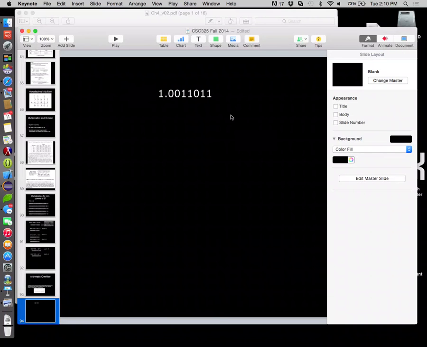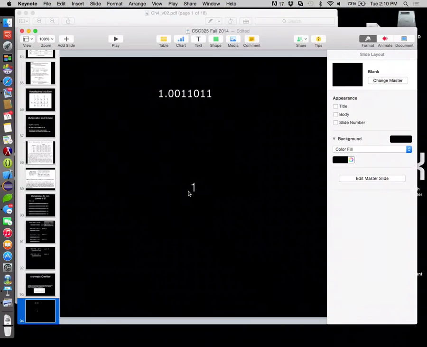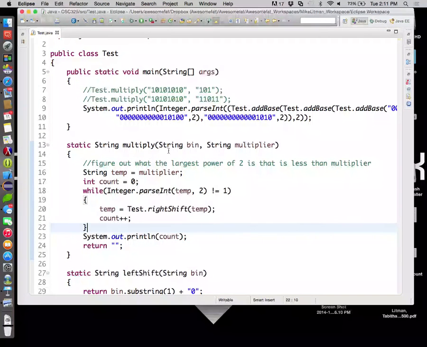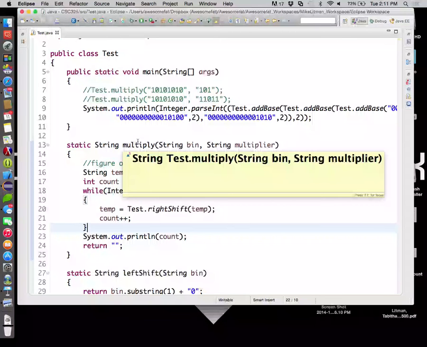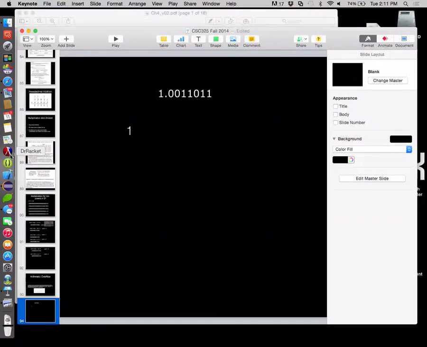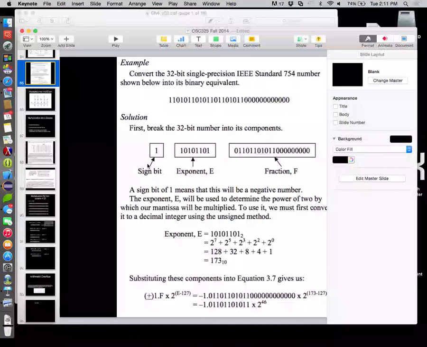All right, so if we work backwards from this, this is a positive number, right? Okay, and we know the whole thing was a positive number. So we can right off the bat say our sign bit is that. So that's our sign bit. The exponent part